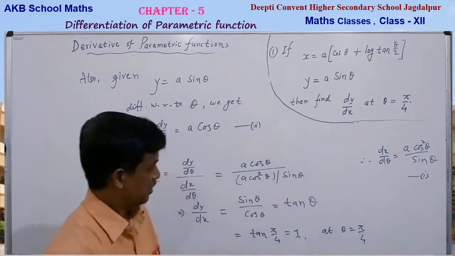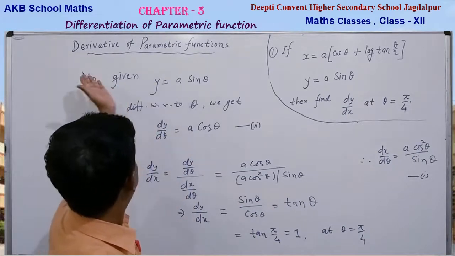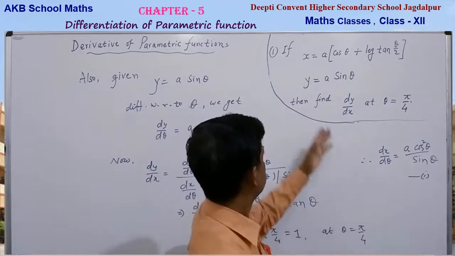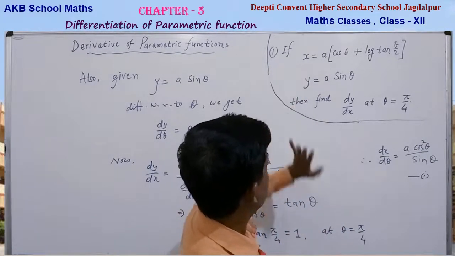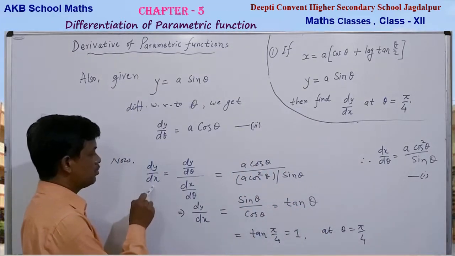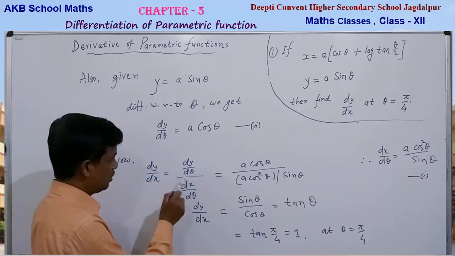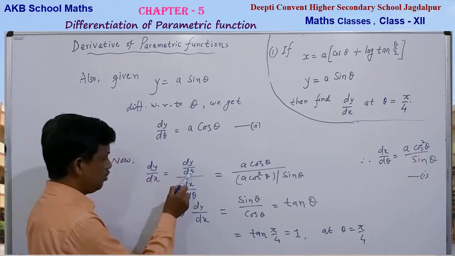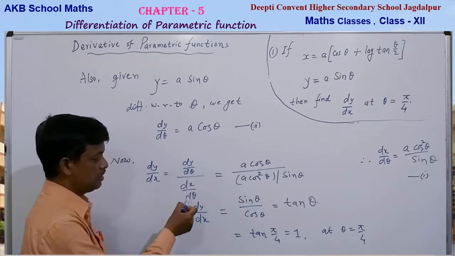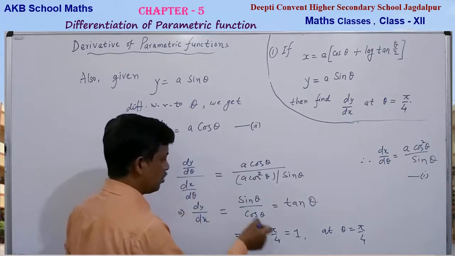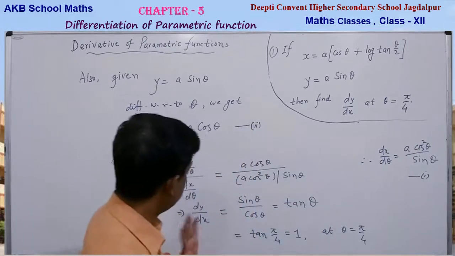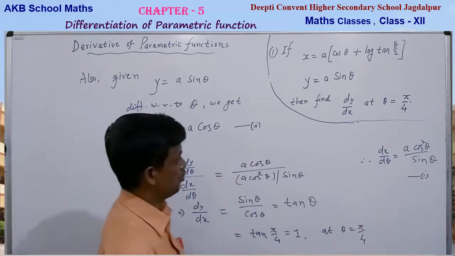Okay, so this type of question, that is parametric functions, very simple finding derivative. You have to differentiate both x and y with respect to the parameter and then put the value just like this. dy by dx equals dy by d of parameter upon dx by d of parameter, then dy by d theta and dx by d theta, or dy by dt or dx by dt. Just put the value here and solve it. And for a particular value of parameter, you can put the value of parameter, then get the value. So here the value dy by dx equals 1.